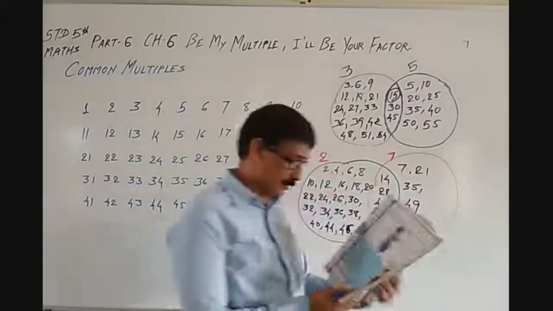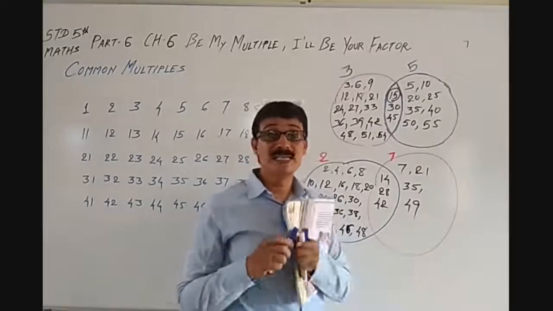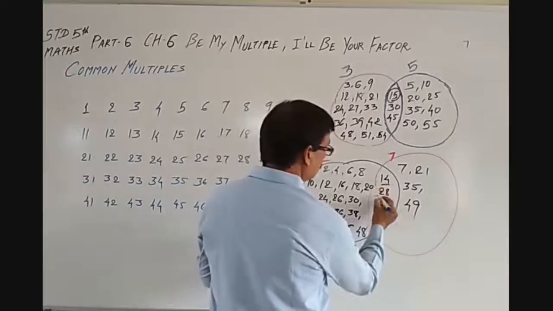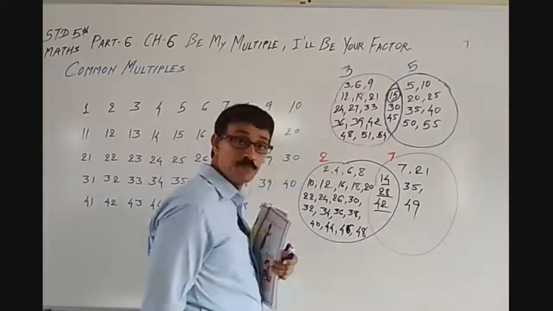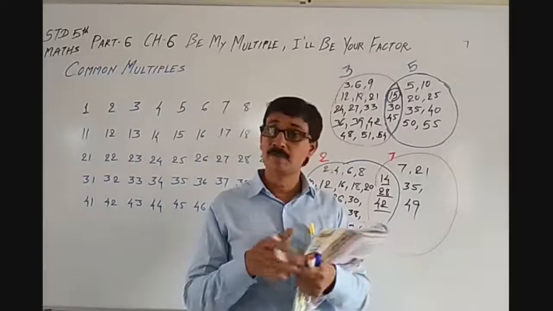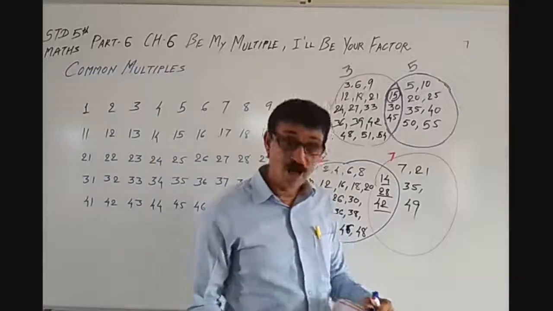So, write the common multiples of 2 and 7. See, we should write 14, 28 and 42 are the common multiples of 2 and 7. This way, we can go for this. Now,